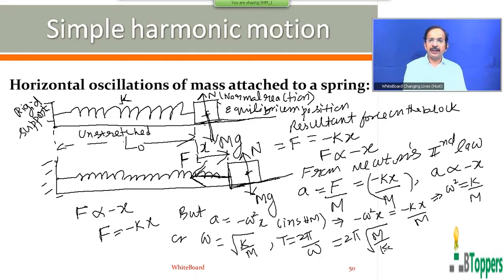The first figure on the left side at the top, the block is in the equilibrium position. Suppose the block is originally at rest in the equilibrium position, it is pulled towards the right from this equilibrium position by a distance of 1 centimeter and released from rest. Then it performs simple harmonic motion with an amplitude of 1 centimeter.